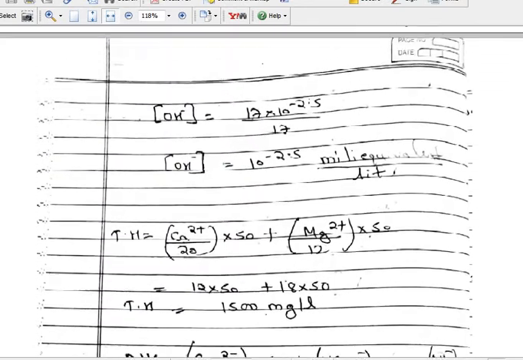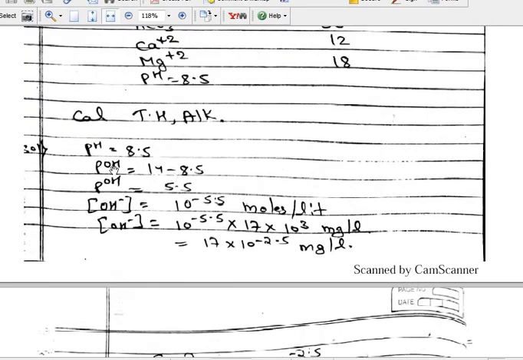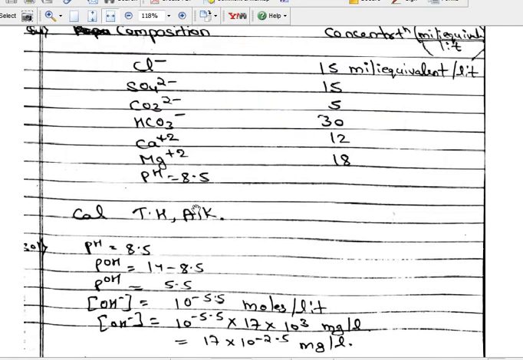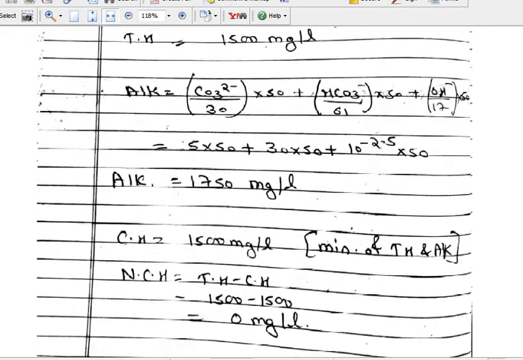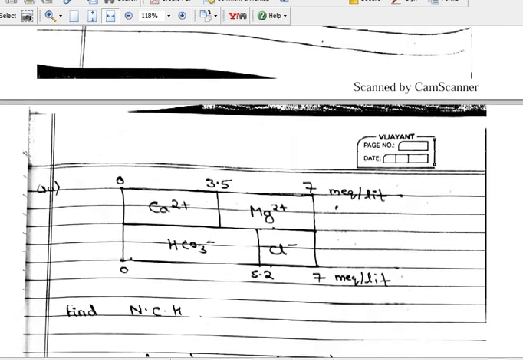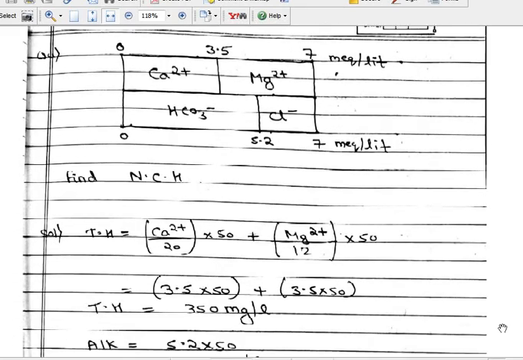What was the pH here? The pH was 8.5. Although pH was only 8.5, still the non-carbonate hardness becomes 0 because of the very high concentration of bicarbonate. So that is why this is happening. It is not that only pH plays the role in hardness; here the alkalinity also plays an important role. Sometimes a question comes from this box plot also.